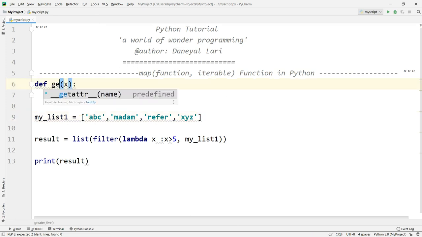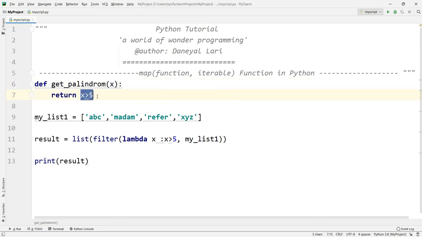Here, I'm writing palindrome. Okay. So I'll pass every element to this function, and if that value is equal to the reverse of the string. Palindrome means if you reverse a string and the actual string is the same, then that is called a palindrome string. So how to reverse? This is very simple syntax, I have already explained. So if the original x is equal to the reverse of x, then it will return the value. So just go and apply this.